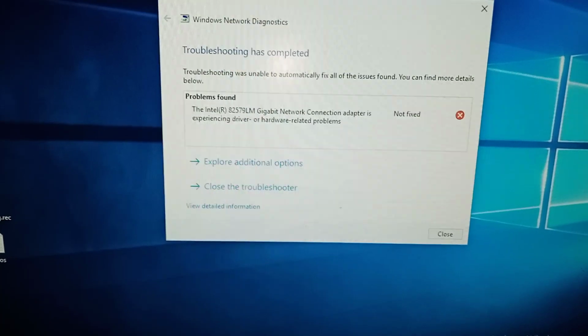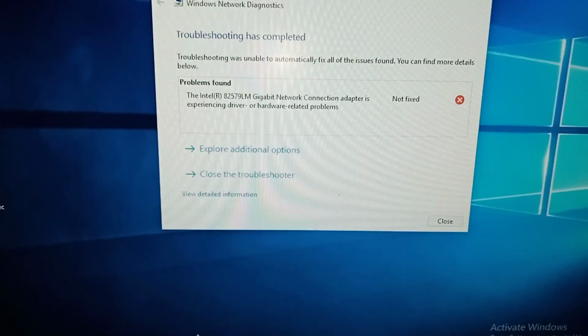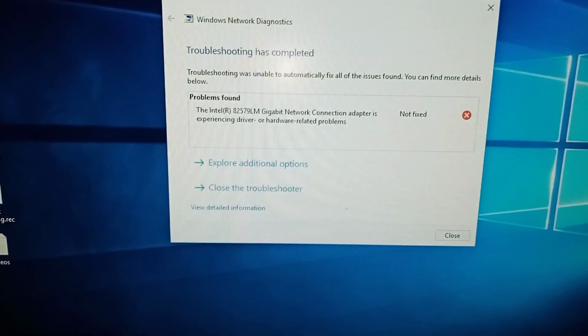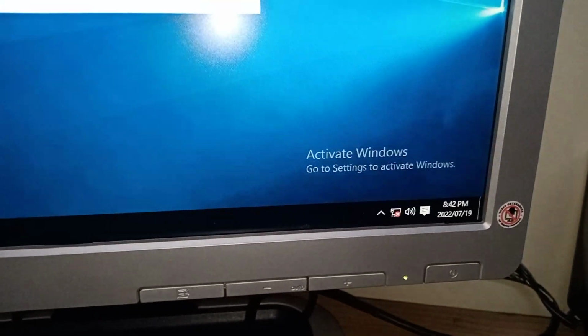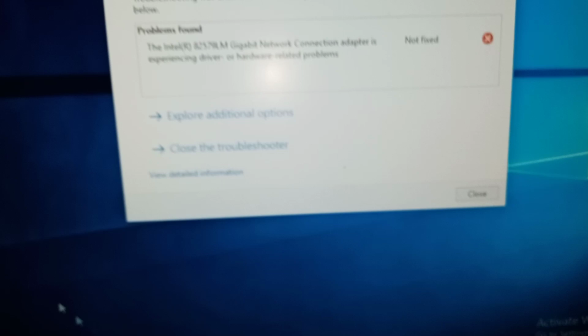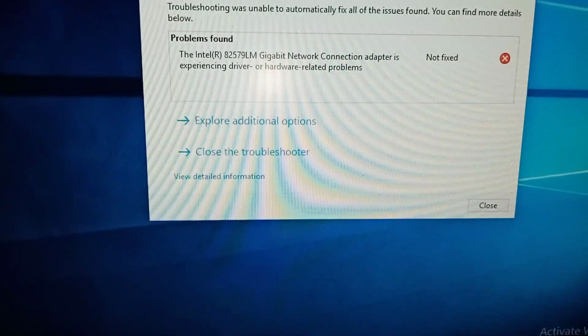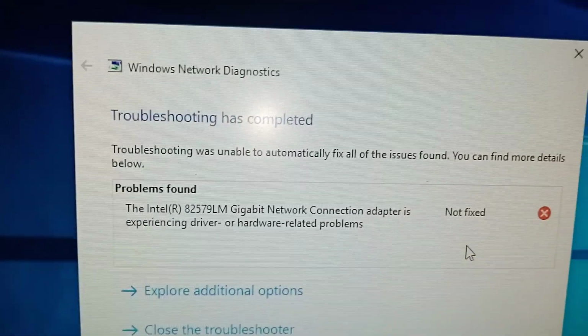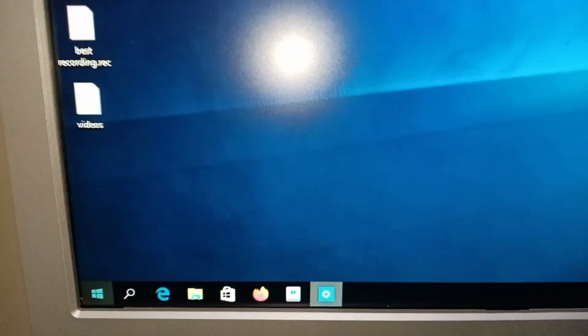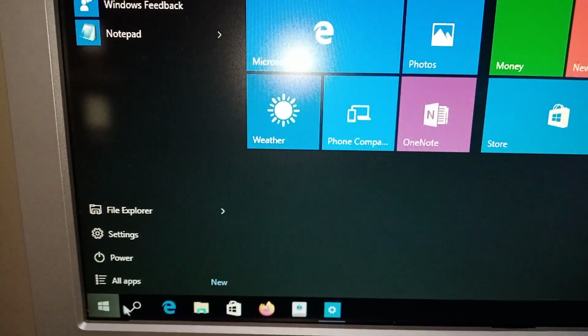Today we're going to see how we can solve this Intel 8257L error. Look, I can't connect to my internet, but I was connecting before. So now we're going to try a couple of things. You can see if I go to troubleshoot, this is what I get. Okay, now I'm going to go to Windows search, then I say